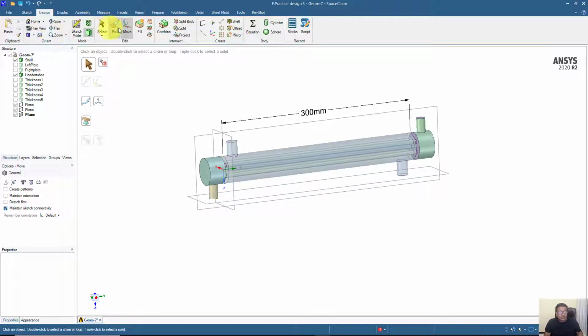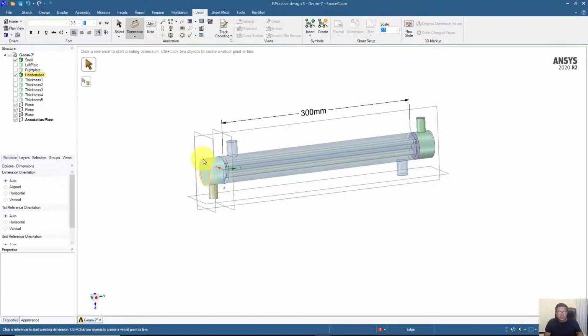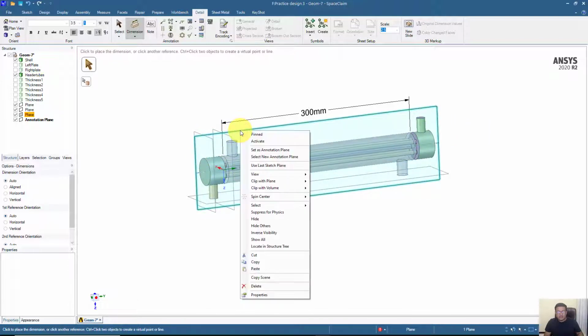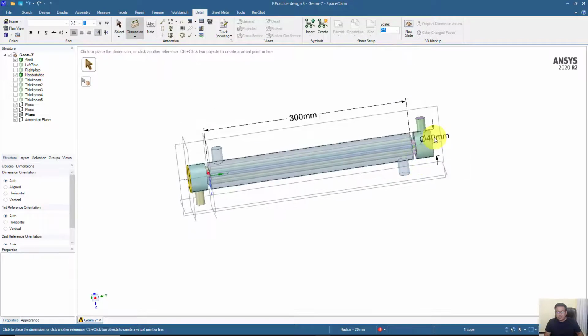Also, I want to provide a dimension for the overall length of this geometry, which is equal to 360 millimeters. So this plane should be selected first, and now we can place a dimension from here to here.